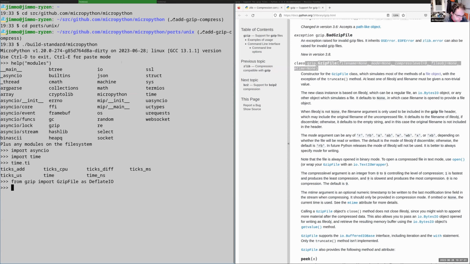But what that will be soon is from deflate, import deflate.io, and then you'll be able to do, say, the demo I gave before, which is you can use deflate.io to wrap a stream and read and write compressed data from it. So for example,